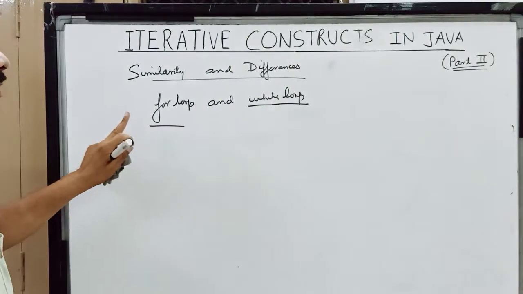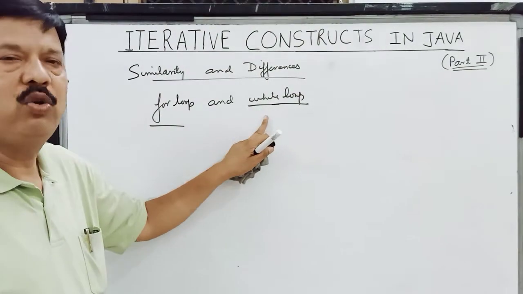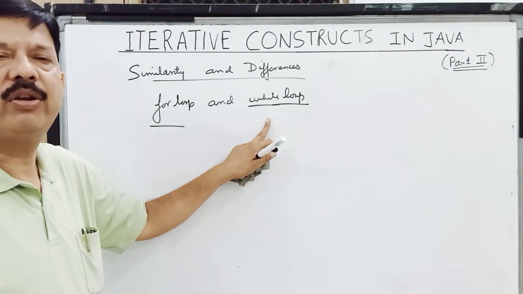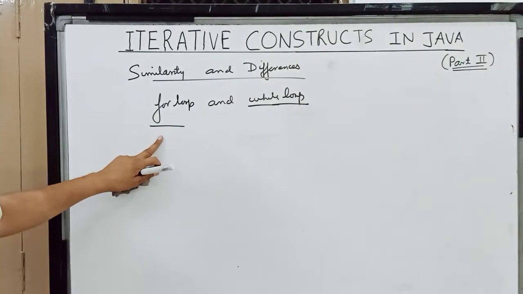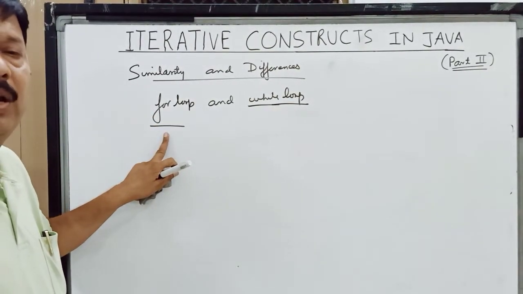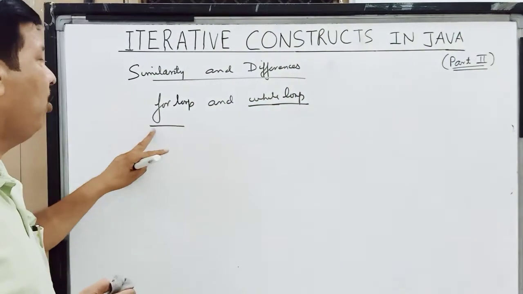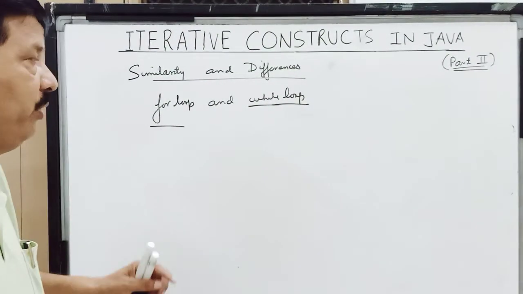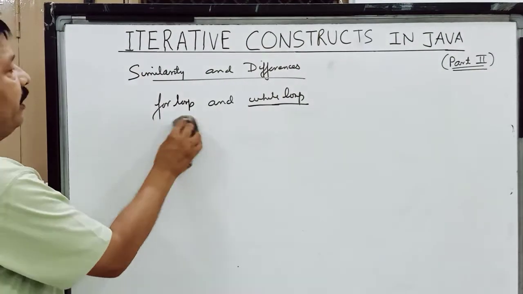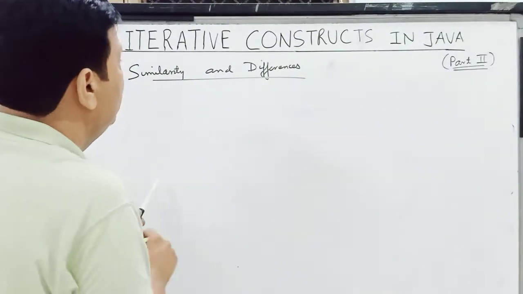So is it clear? Differences: for loop, automatic loop, fixed number of times the loop gets executed. While loop, conditional loop, the number of iterations are not known to us. The loop executes till a particular condition or till the test expression is true. Next point of difference is that in for the control variable is of numeric data type only, and in while the control variable may be of any data type. So this is the similarity as well as the difference between for loop and while loop.